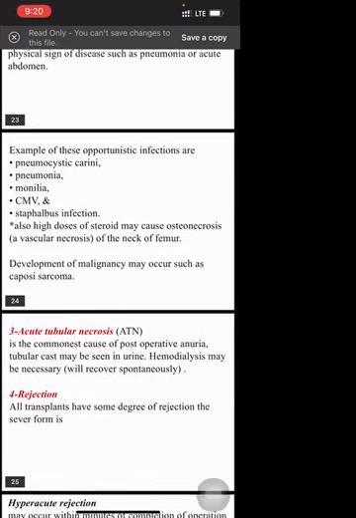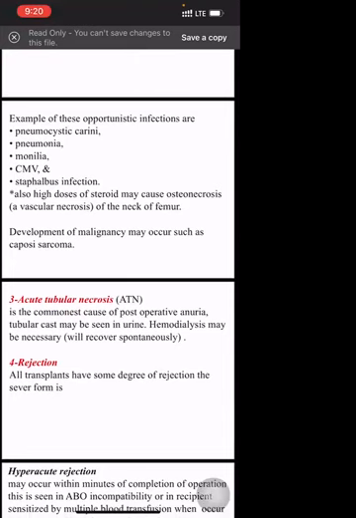Examples of those opportunistic infections are Pneumocystis carinii pneumonia, Monilia,